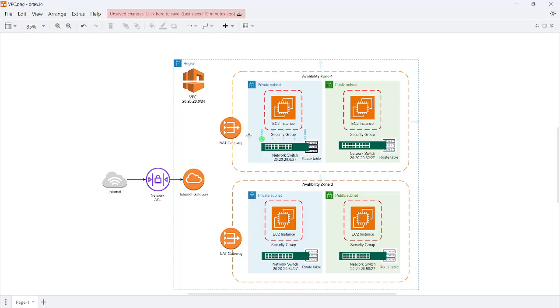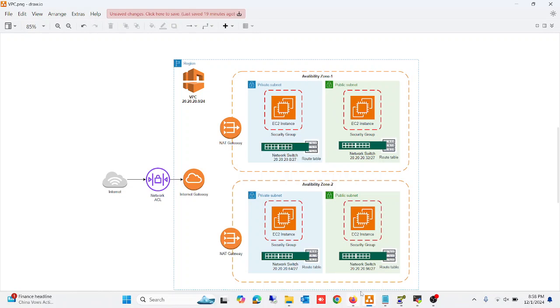So we understand this concept: we create the VPC and we divide the VPC into different networks. We create a private and a public network in each availability zone. So today we have to understand the difference between the public and private subnet. To understand this concept,